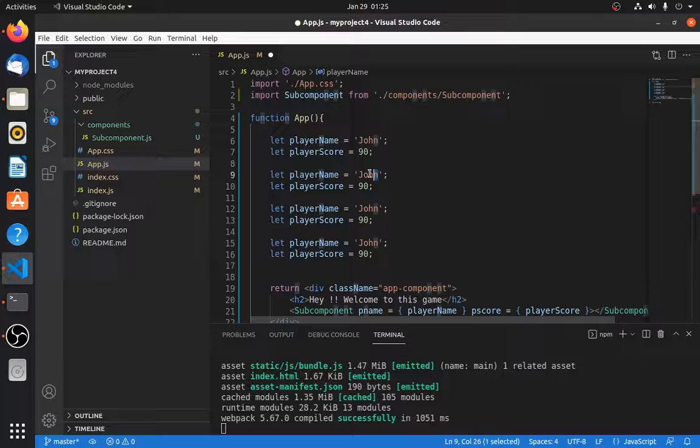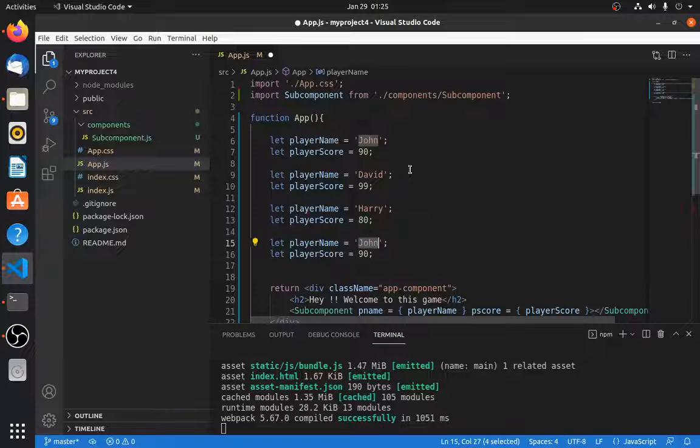Let's say David, and David's score is 99, and let's say Harry will have some score, let's say 80, and